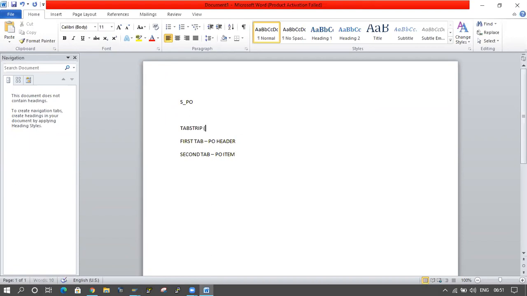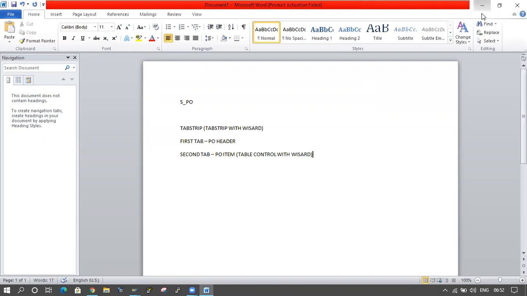And here tab strip is there, right? So for the tab strip with wizard, okay, with wizard I am taking. And here also this is a table control, right? For this table control with wizard, okay, with wizard I am taking. And automatically all the code will apply here.